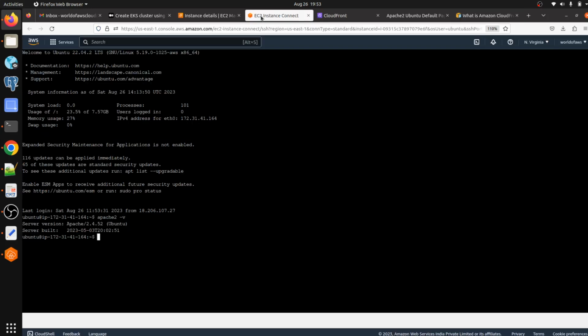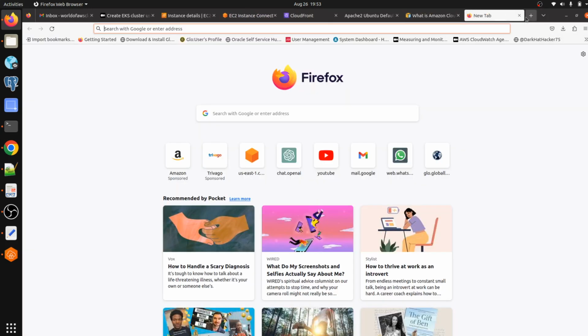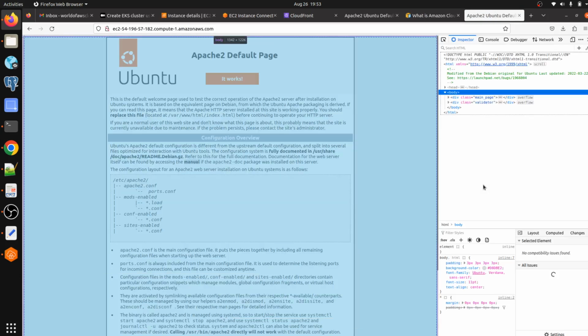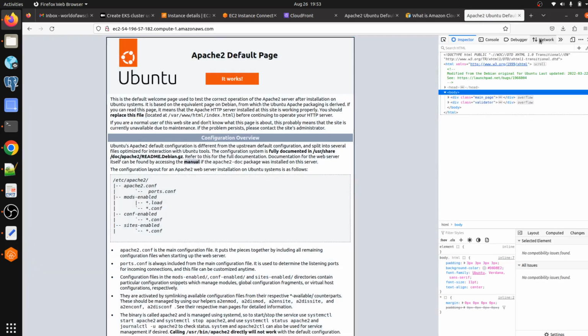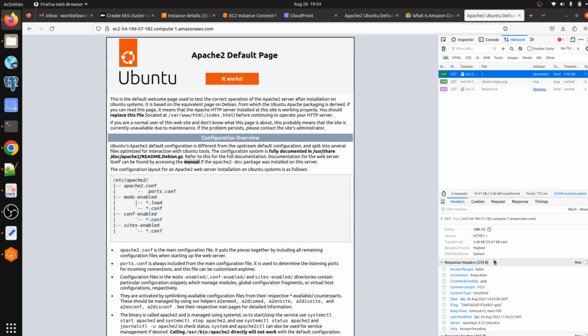So I have launched one EC2 instance and I have installed Apache 2 there. Okay, so let me show you. Let me hit it. I have installed Apache 2, so this one is the default page. Whenever we need to open the developer tools, just click on it, and here we can see the status is 200 OK and DNS resolution is the system here.